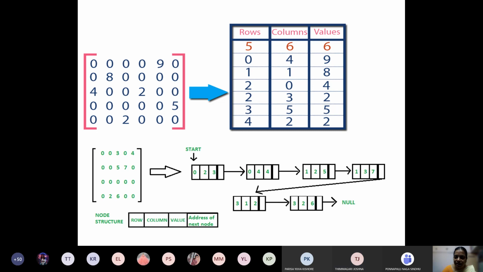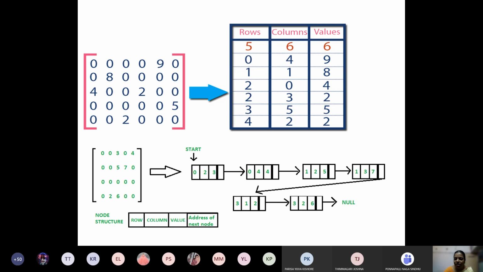Write it in the chat box. Create the structure as struct sparse, with the 3 variables and 1 pointer variable.